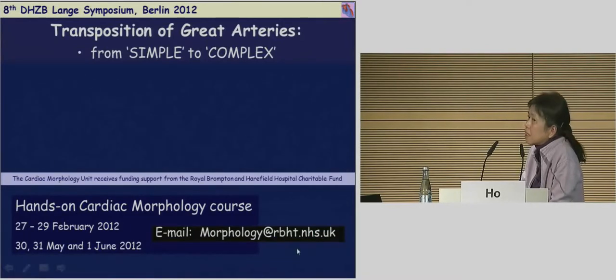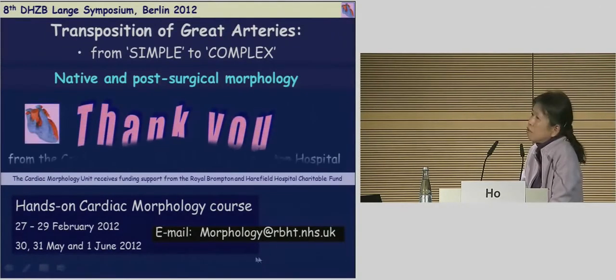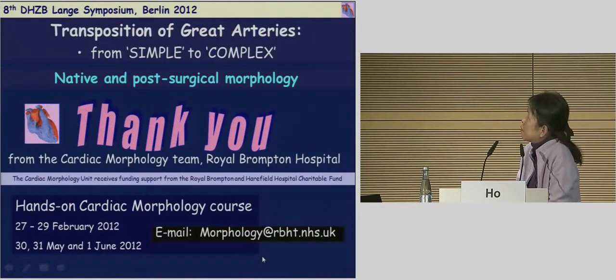So I hope I've taken you through a series of heart specimens to review from simple to complex transposition, or DTGA, as you see it, from the native lesion, and some examples of post-surgical